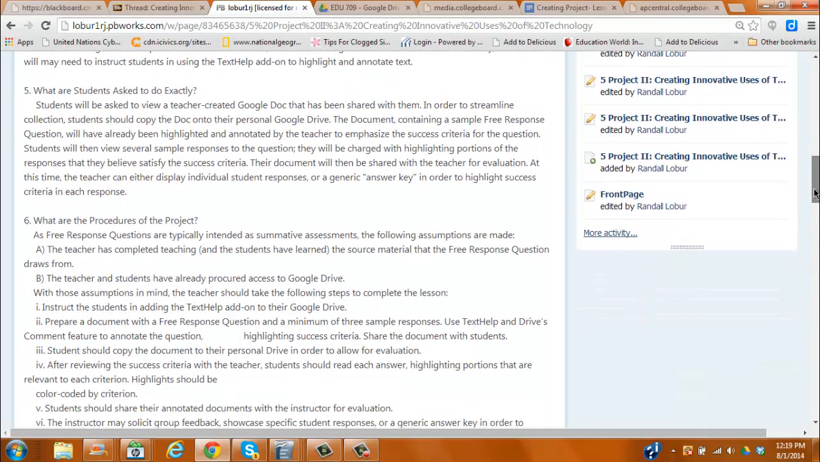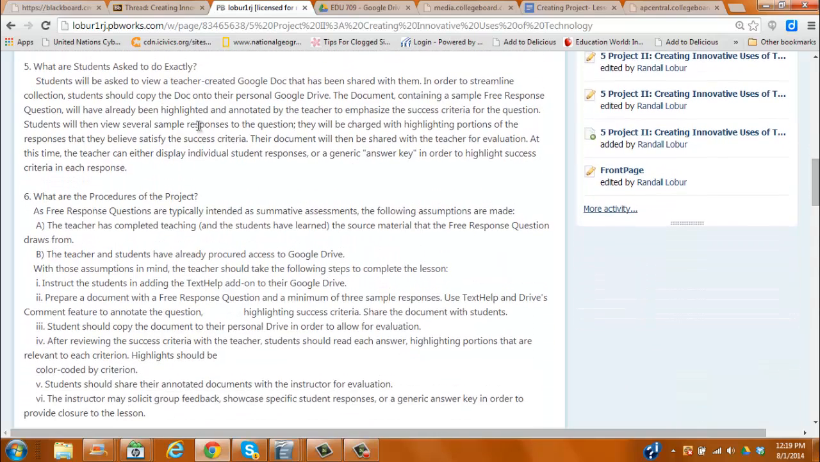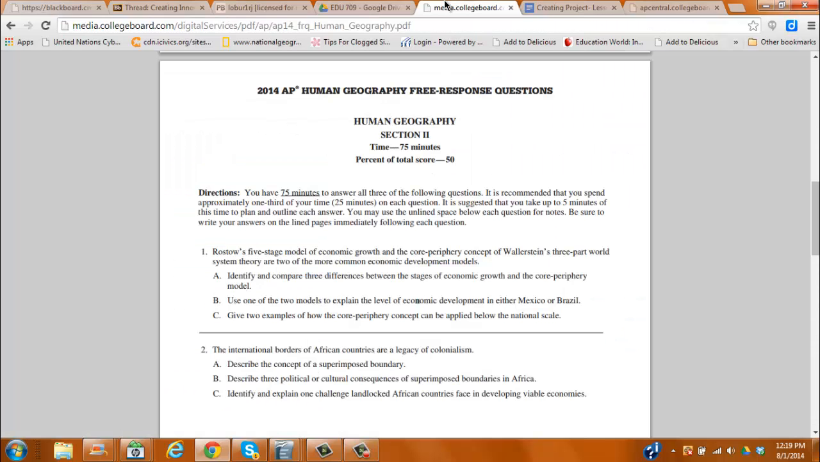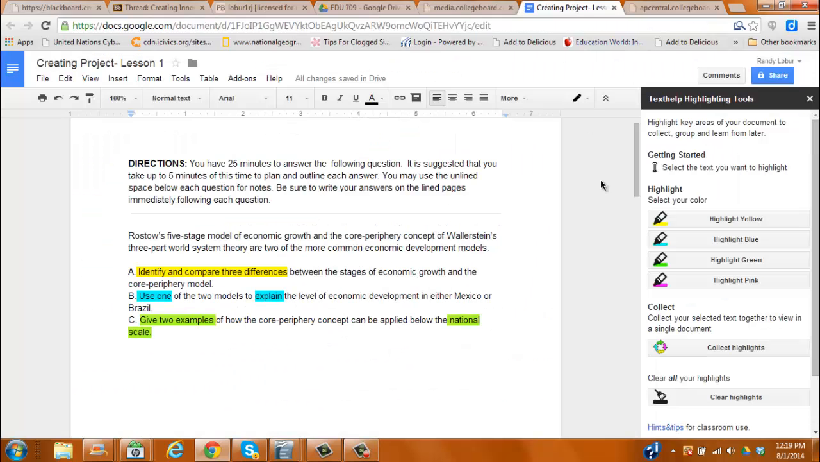So we've touched on this before, what our students have to do in lesson 1. Again, they are viewing a teacher-created doc that looks like this. Within this doc, they'll copy one to their own folder to share for evaluation purposes later. They will view the question along with the success criteria that have been highlighted,